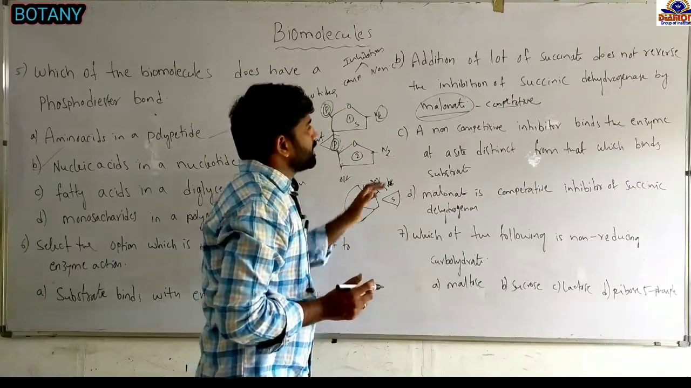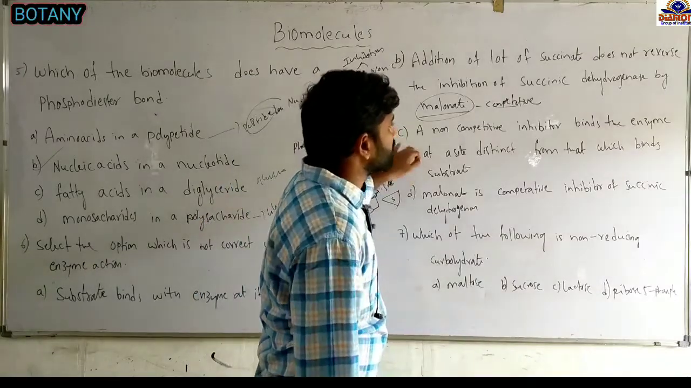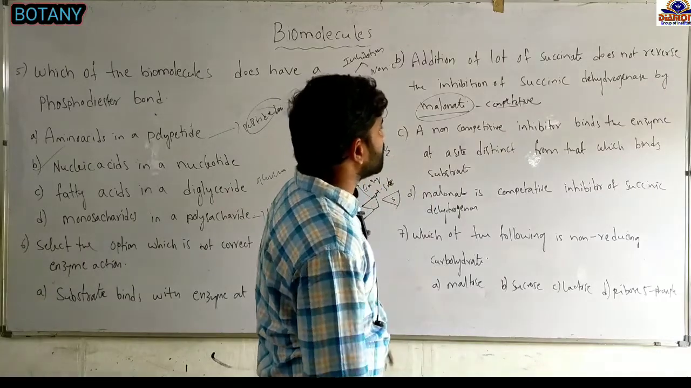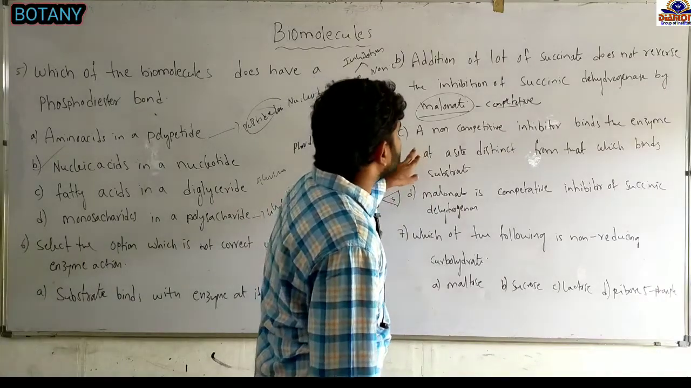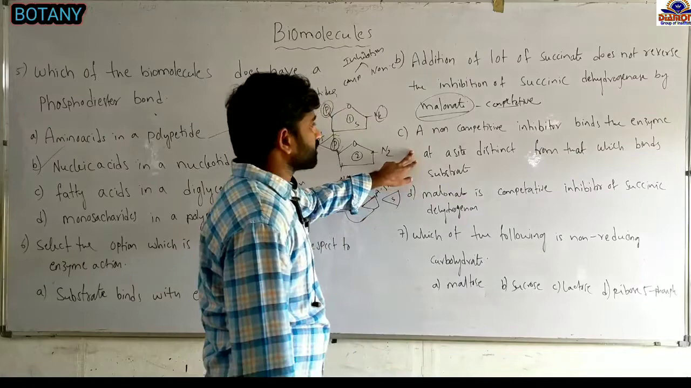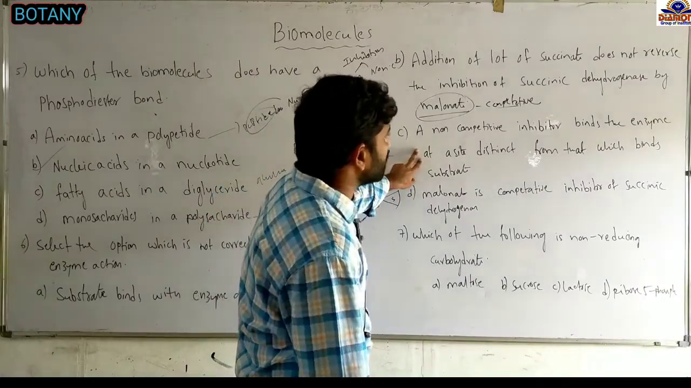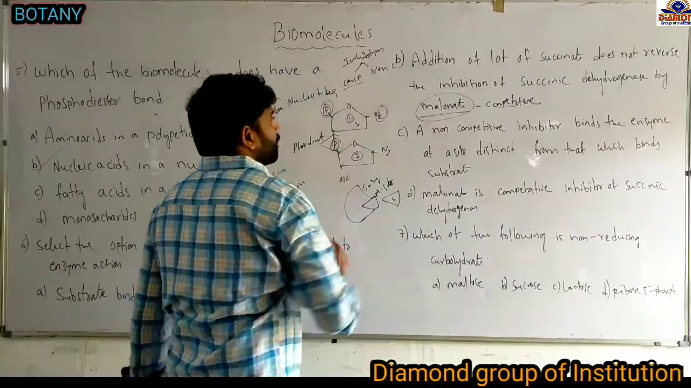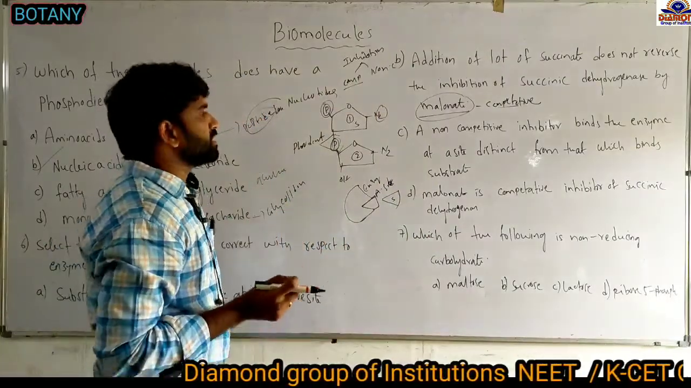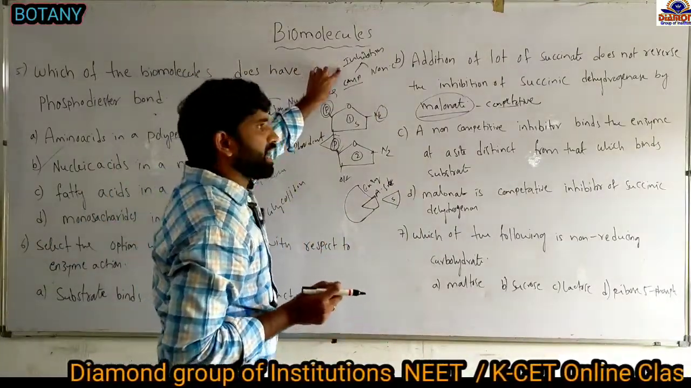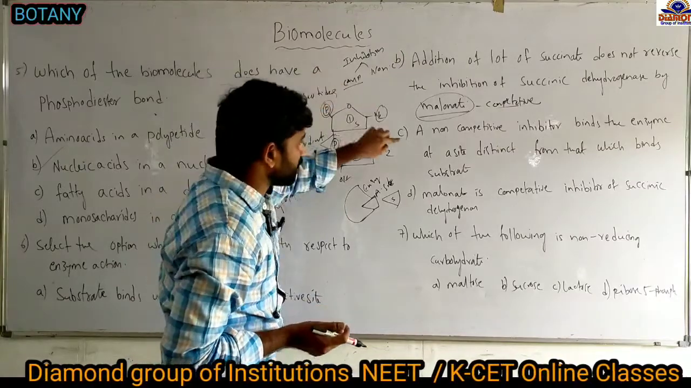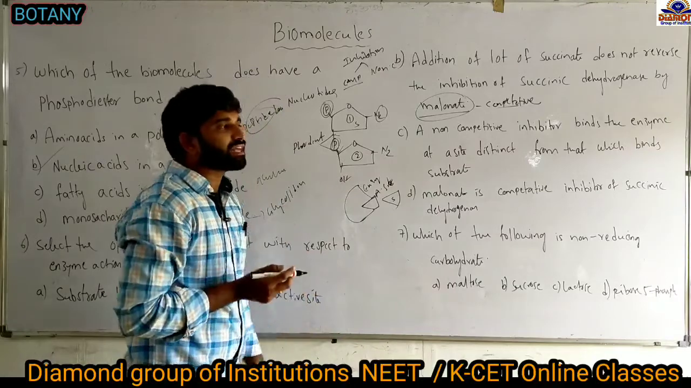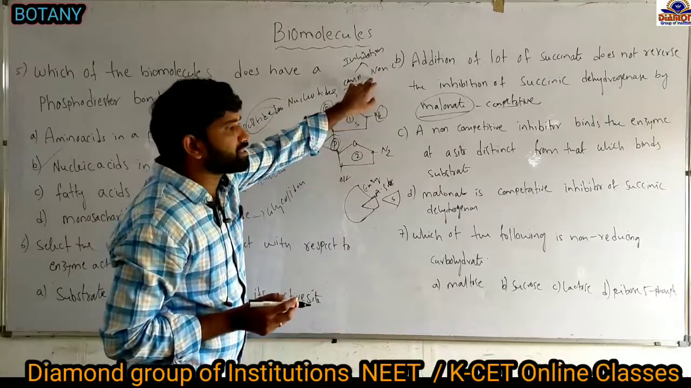And option C, in non-competitive inhibition, the inhibitor binds the enzyme at a site distinct from the active site, which binds the substrate. In competitive inhibition, competition is present between the inhibitor and substrate molecules. But in non-competitive inhibition,